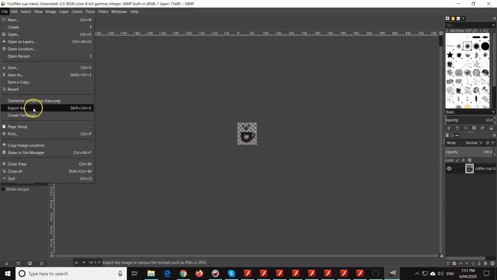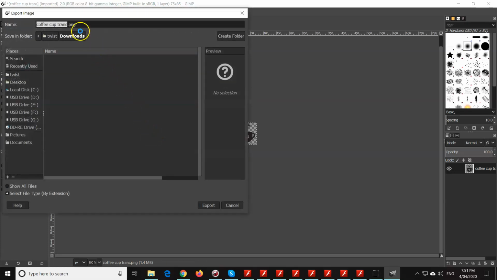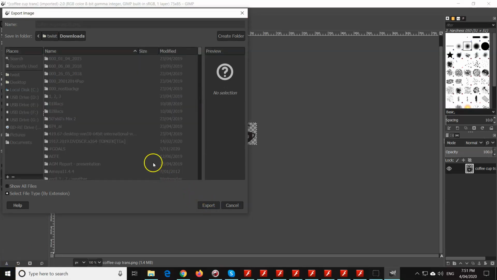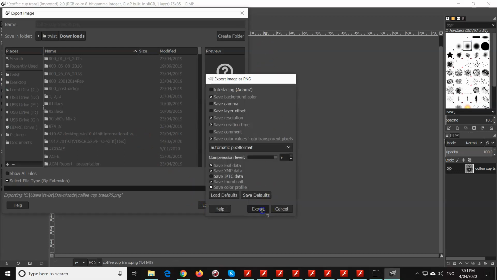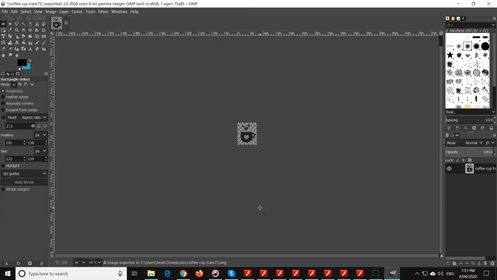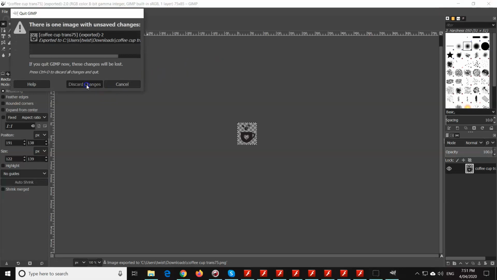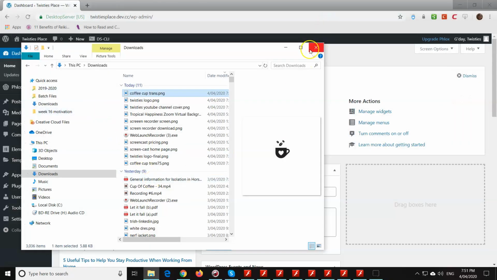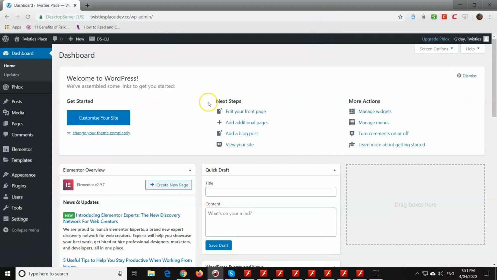So file, export as, and then I'm just going to add the number 75 onto the end there. Click on export and then export again. Okay, so we have our images cropped and resized. So I can close GIMP, don't need to resave my changes, and then I can go back to my